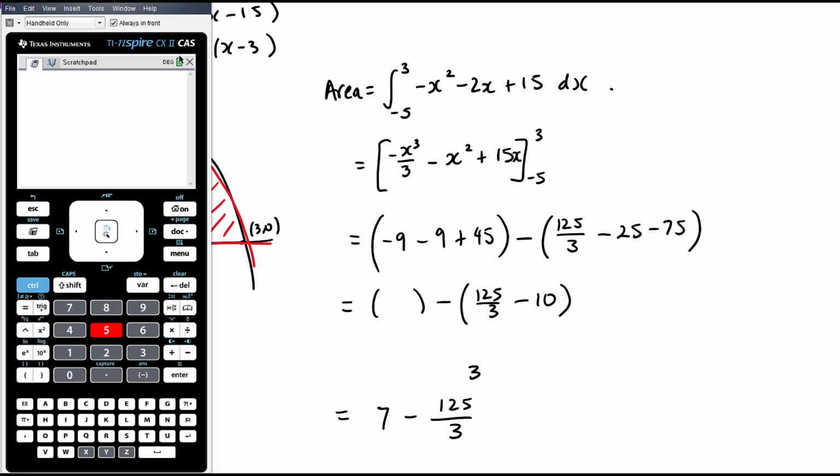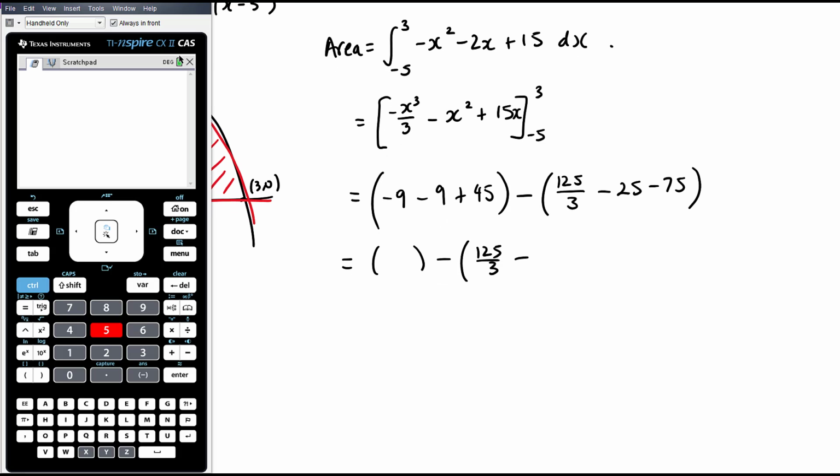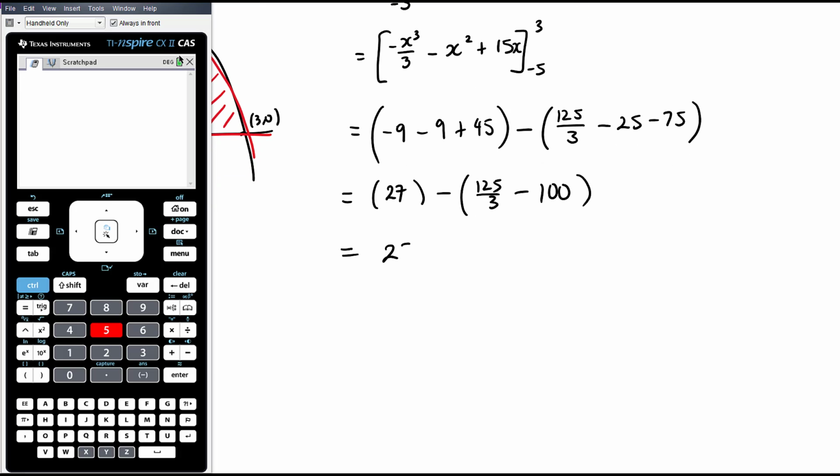Let's just go from here on. Okay, so negative 9 minus 9 is negative 18, and then we want to add 45, which will be 27, positive 27. Take away, we've still got the 125 on 3, but now we've got minus 25 minus 75, which is minus 100. Okay, so we've got 27 minus 125 on 3 plus 100. So we've got 127